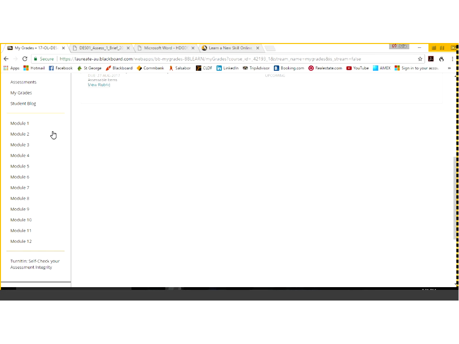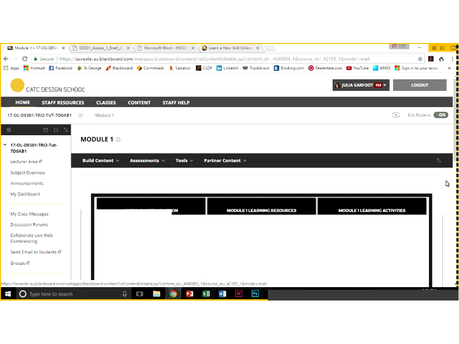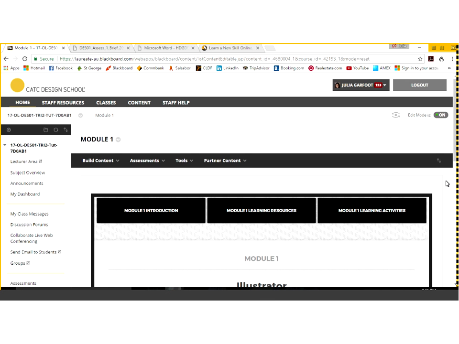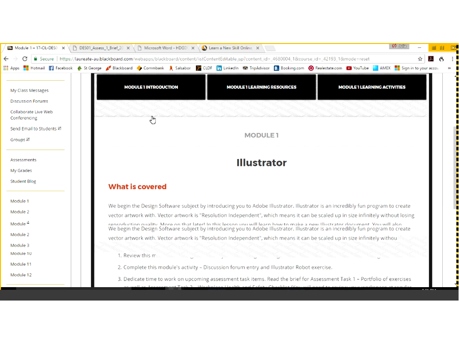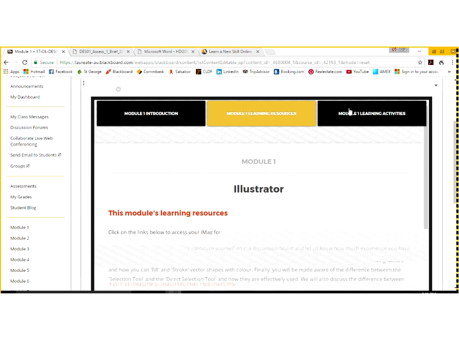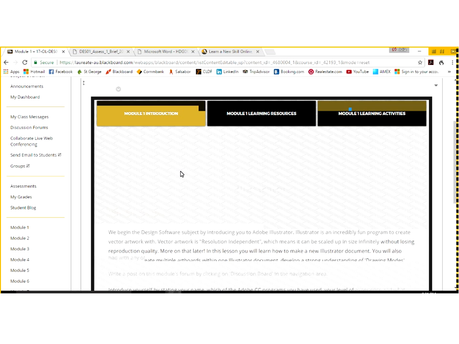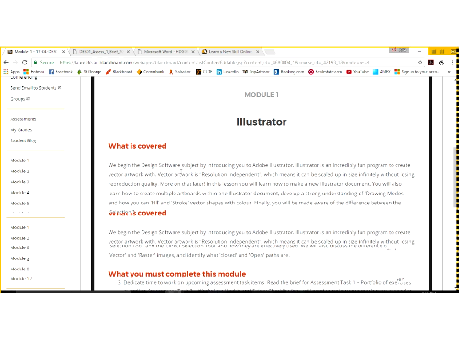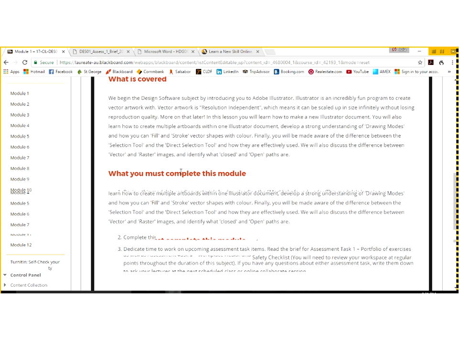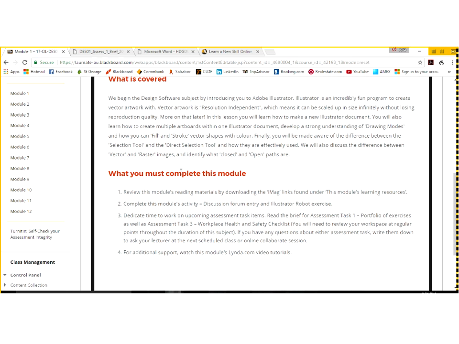And then we get to our weekly content, our weekly modules. And if we select Module 1, which all of you guys will be doing next week, you're going to find the first page, and notice that there are 3 tabs. The first page is what's covered that week. So you're going to go through what you're going to be covering that week, and then what you must complete